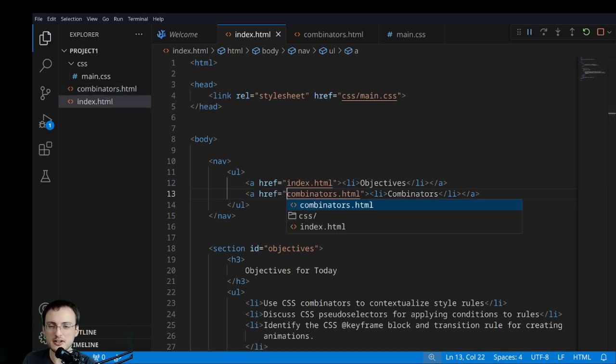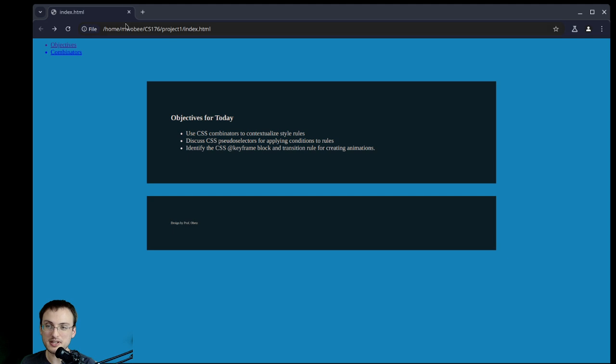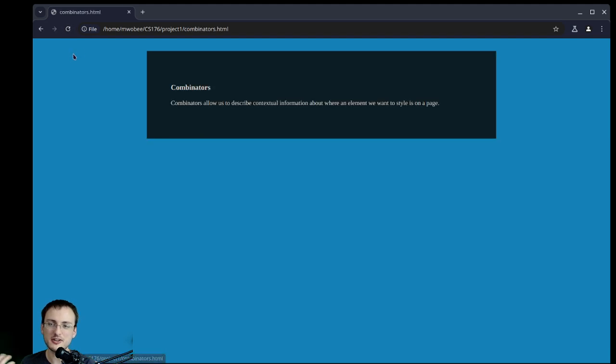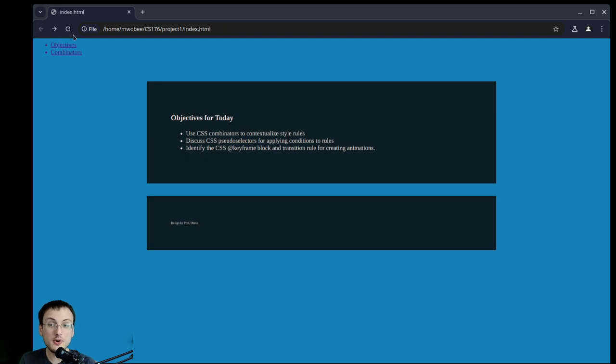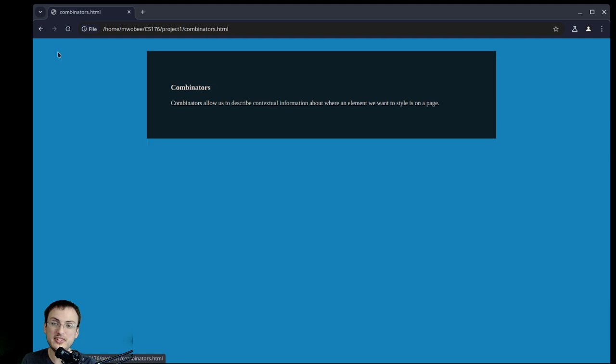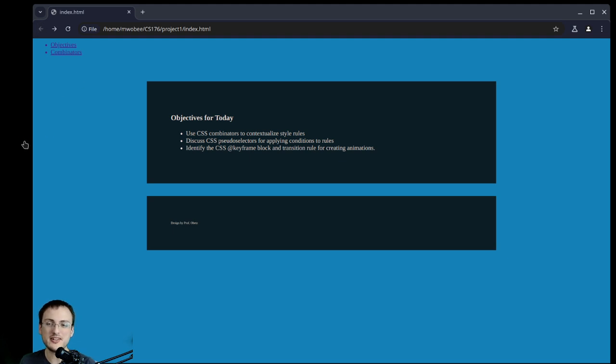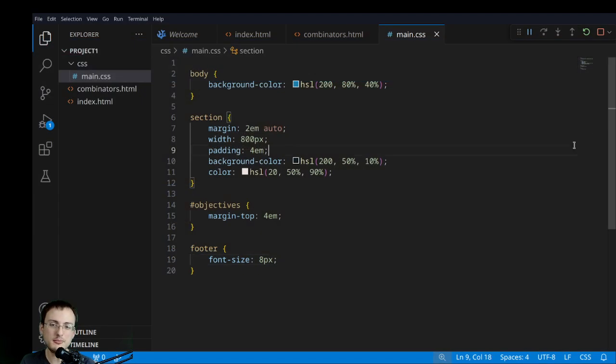There it is. It's missing right there. And now in our browser, if we refresh and then click on Combinators, it takes us to that second page. So it works. We are able to go from this page to our second page, but it doesn't look really pretty. So I'm going to come over into my main CSS in my code, and I'm going to try to